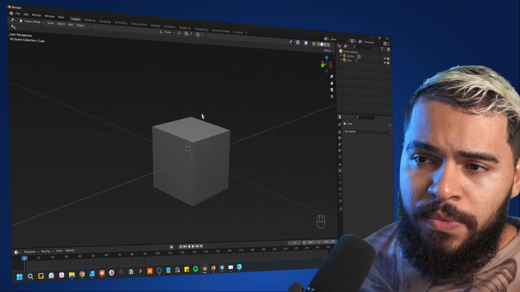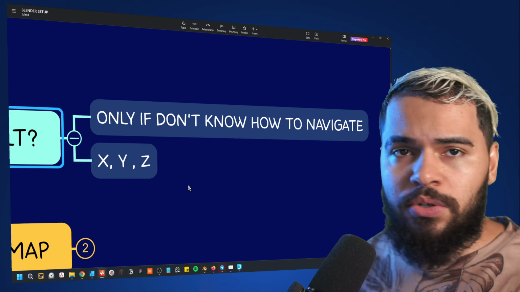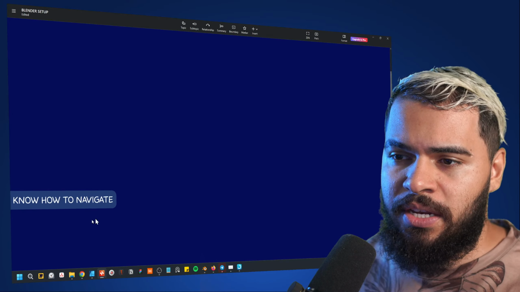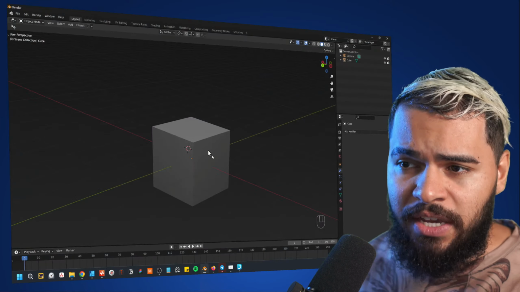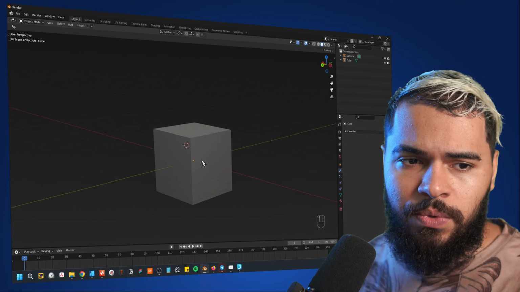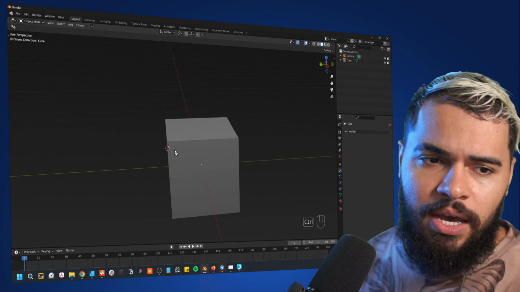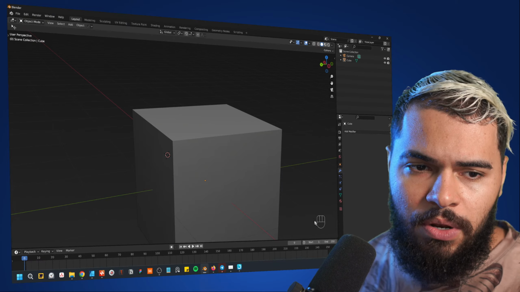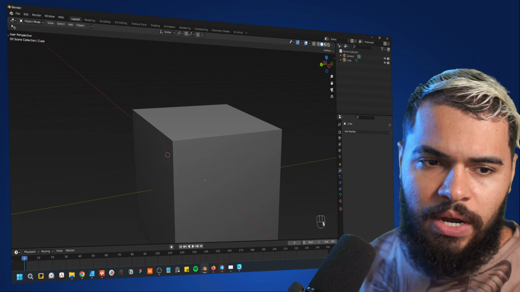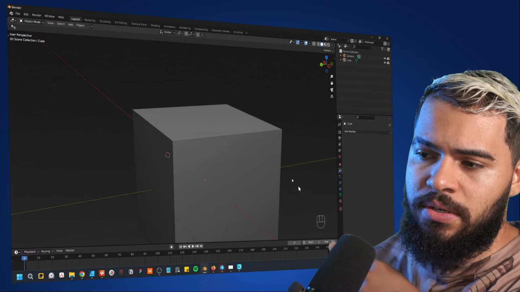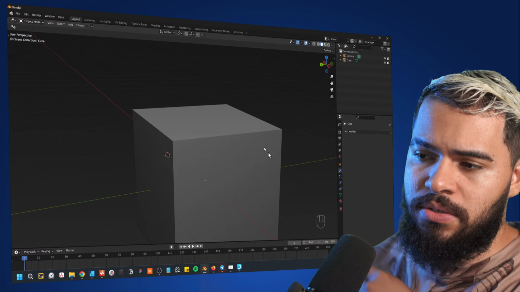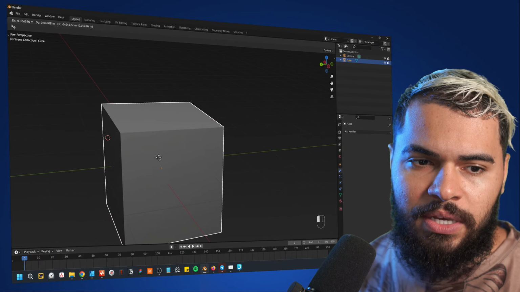Alright, here we go. In Blender, what is the most difficult step for every beginner? It is to navigate, alright? And navigate means this, when you need to rotate, when you need to zoom, when you need to change something. Here below, as you can see, my mouse is here, so you can see where I'm clicking and how I'm moving my screen.